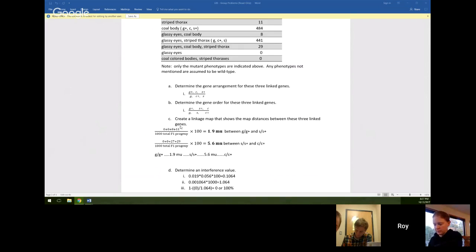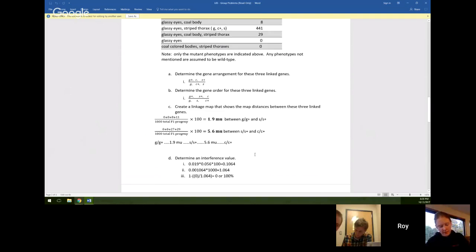So then number C is create a linkage map, and you need to come up with your map units. So you take the double cross numbers and the single cross numbers. For the first one, the single cross between G and S, you end up with G plus S and C plus, and then G, S plus, and C, which come out to be the numbers 11 and 8. So you add 11 and 8 and divide by 1,000 multiplied by 100 and get 1.9